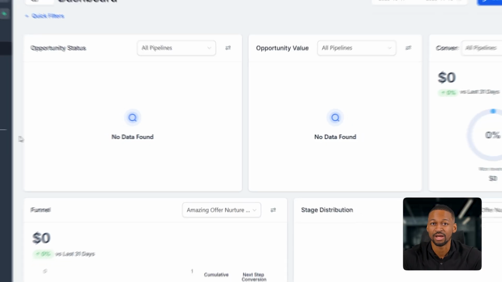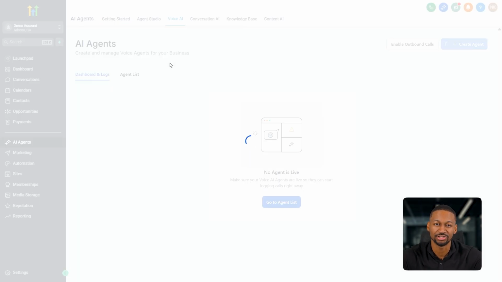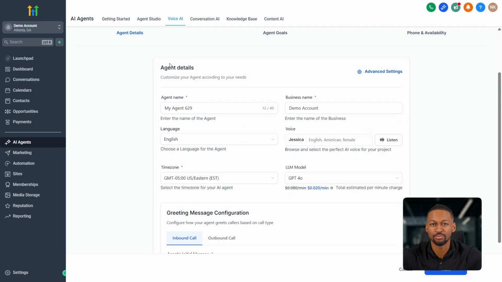Now, what this lets you do is build your own AI employees. Right now, the voice AI mainly works with incoming calls through your lead connector number. Let's click into it so I can show you what I mean. So right here, I'm going to click create new agent. Now it's going to ask for some basic setup where you give your agent a name, select which business or